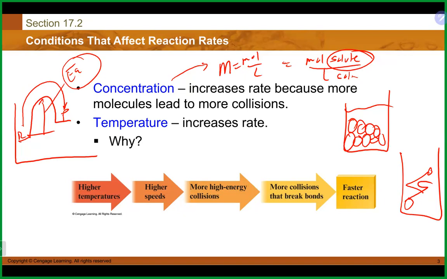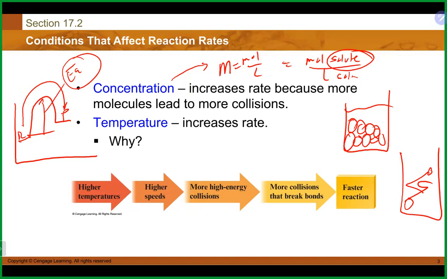So those are two really big things that lead to either a faster reaction or a slower reaction. If you were doing some type of rate reaction or experiment at room temperature, and then you took your flask that you did the reaction in and let it sit in a hot water bath, you would see it occur a lot quicker. And if you took those flasks and threw them on ice and cooled everybody down, it would probably occur